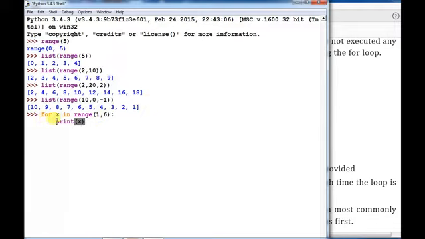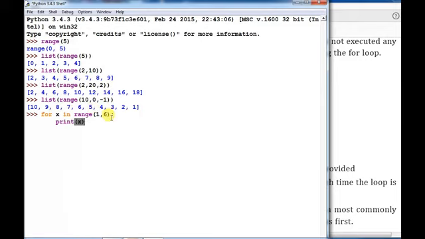What is the meaning of this? For x, this is the iteration looping statement. This loop will execute until the list ends. What is the list generated by this range function? 1, 2, 3, 4, 5. So this loop iterates 5 times. The very first time the value 1 will be assigned to x, then the value will be printed, then the control automatically moves to the next iteration.